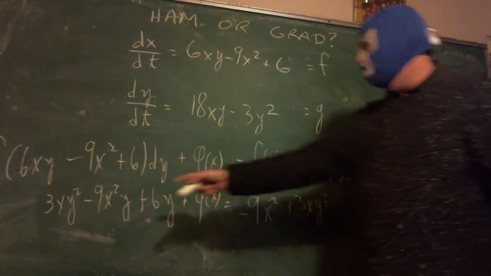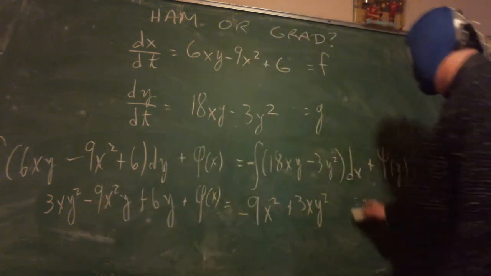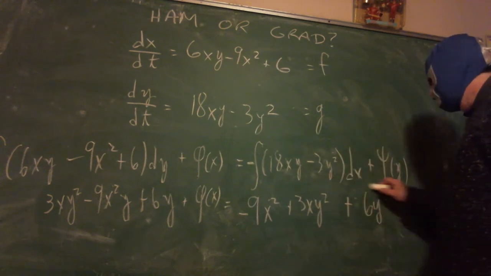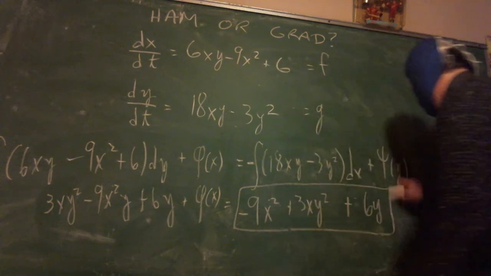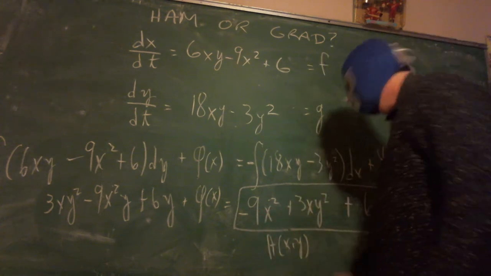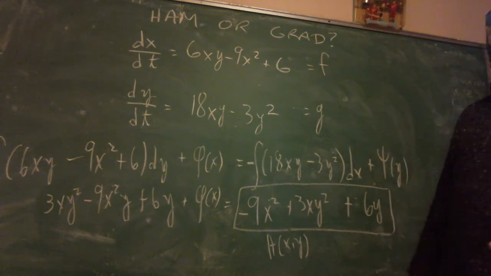We're matching both of these, and the only difference is there's a pure y. So the pure y must be 6y, and that's our h. That's h of xy. And that's as much as I'm going to ask you because